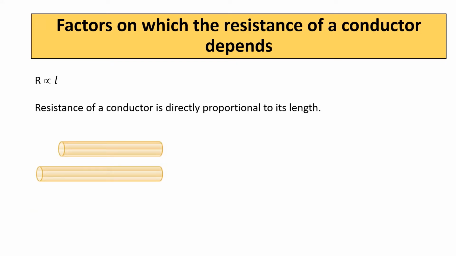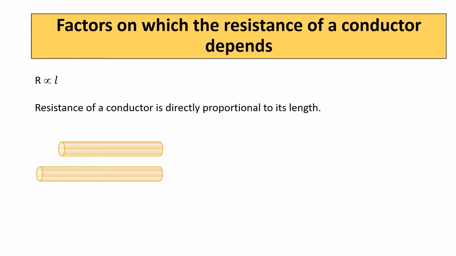Say L be the length of this conductor. This conductor is shorter in length when compared with this one. Among these two conductors, which one will be having more resistance? The one which is longer will be having more resistance because resistance is directly proportional to the length of the